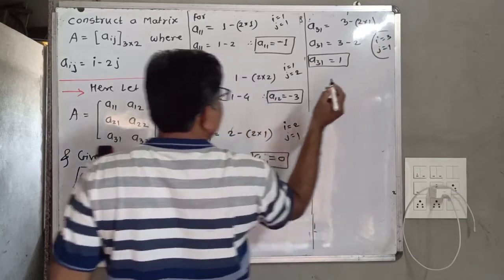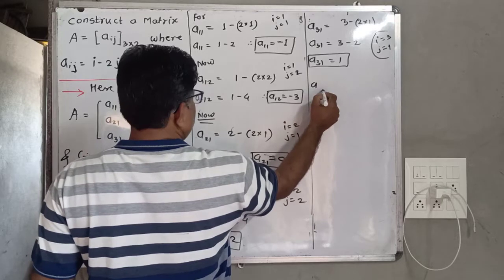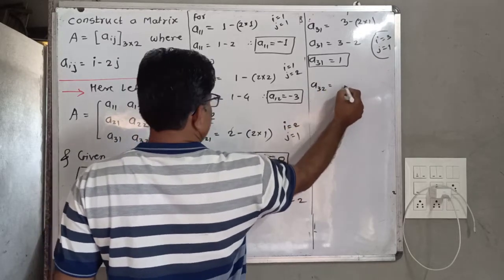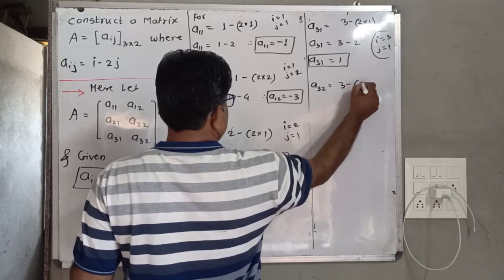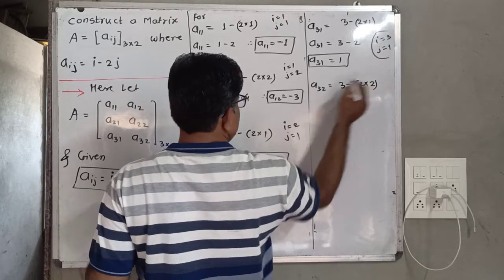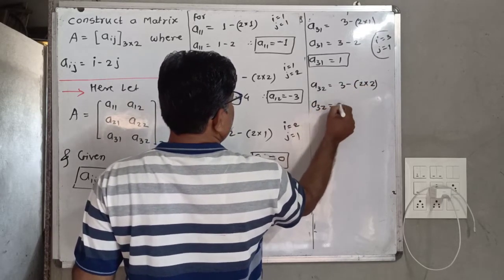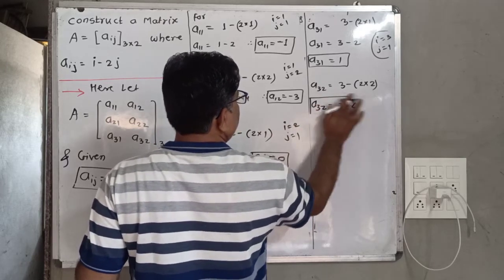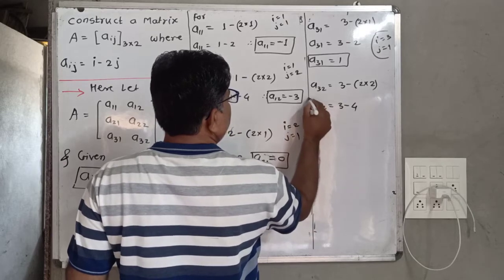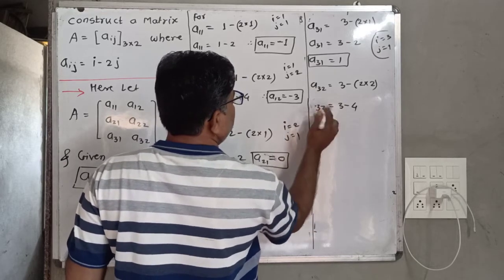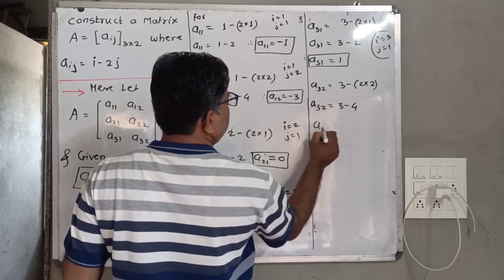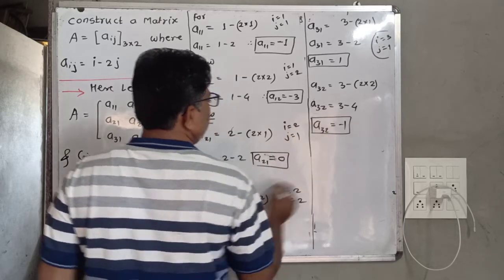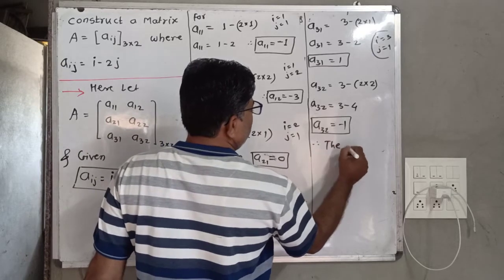Okay, this is for A32 equal to 3 minus 2 multiplied by 2. A32 equal to 3 minus 4. A32 equal to minus 1. Therefore the matrix